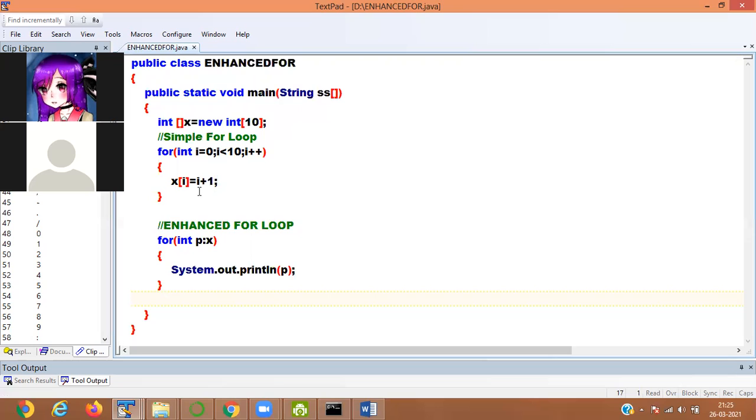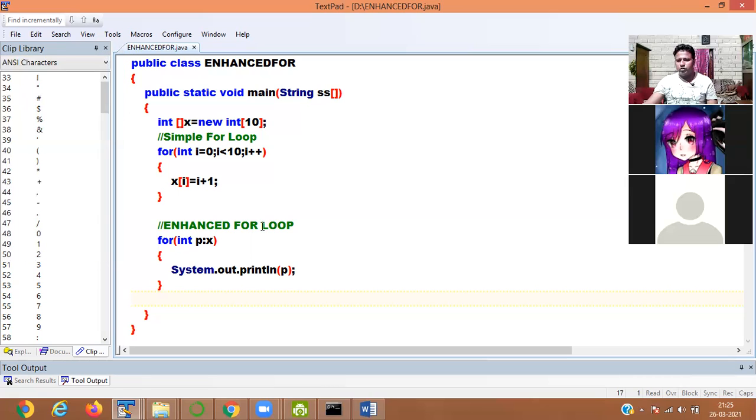In x array 0 index I store 1. Then i value is incremented to 1. 1 is less than 10, condition is true. x array 1 index stores 2. Then i value is incremented, 3 is less than 10, condition is true. Then in 3 index it stores 4. So in this way it is storing all the elements 1 to 10.